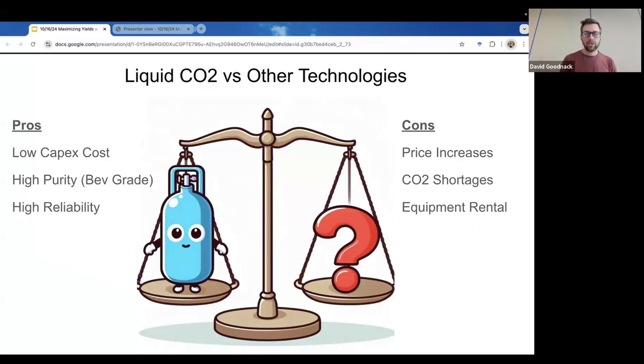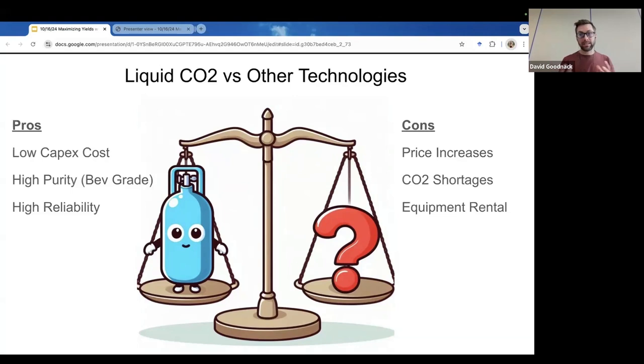So liquid CO2 versus other technologies, when we really look at it, liquid CO2 is very simple. It's very reliable. It does have some downsides as far as cost, but you can't beat the reliability of it. Your truck shows up and delivers it. It dumps liquid CO2 in a tank. That tank lasts for 50 years. There's no maintenance there. The only maintenance really associated with the tank would be the pressure relief valves, which have redundancies all over. So if one goes bad, you shut it, and it keeps going until someone shows up to repair it. The stuff inside the facility is clean, pure, beverage grade CO2, and it has a very low capital cost,